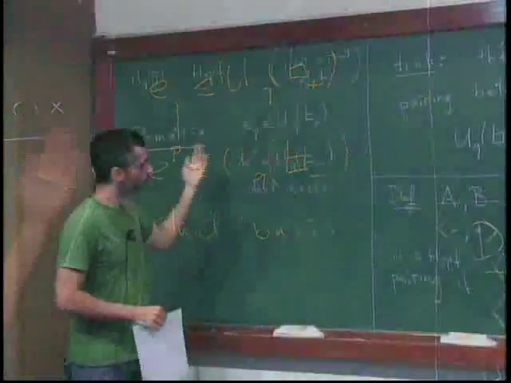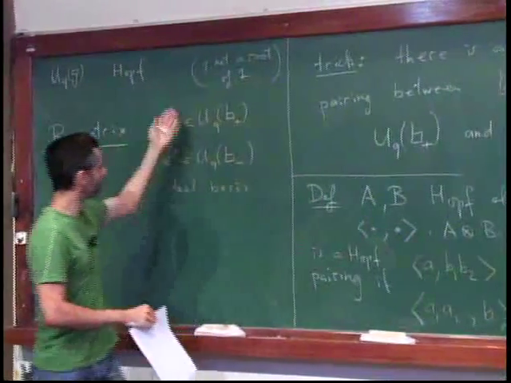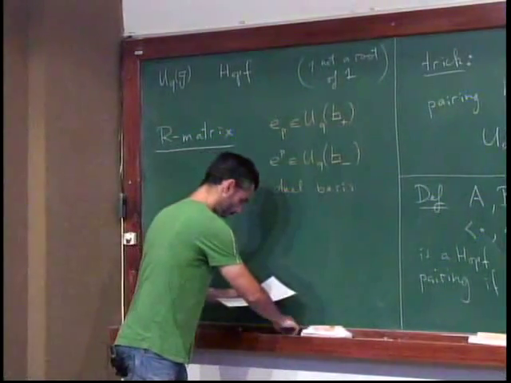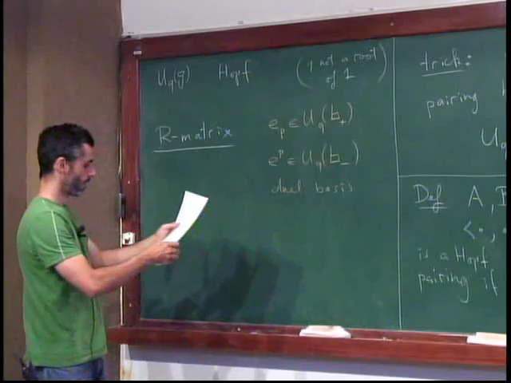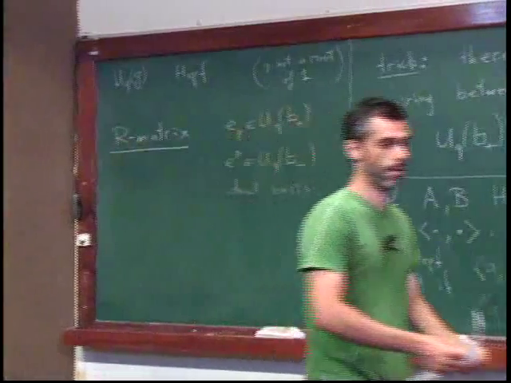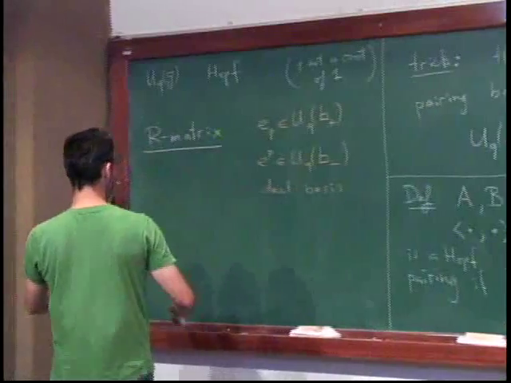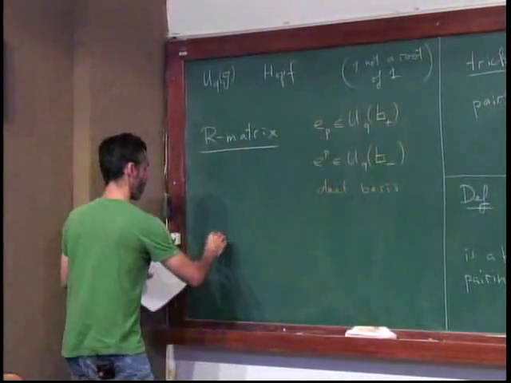So suppose we have such a pairing, then you write that. And then the claim is that